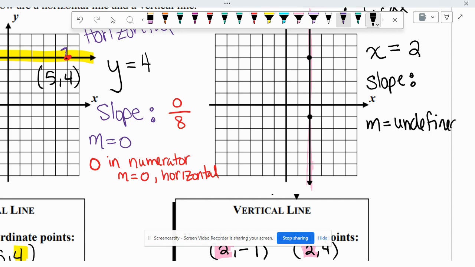So let's just use the 2 points that we have here. If I went from the point at the bottom, from here to here, how much do I rise? I rise 5, but how much do I run? 0. So a 0 in the denominator